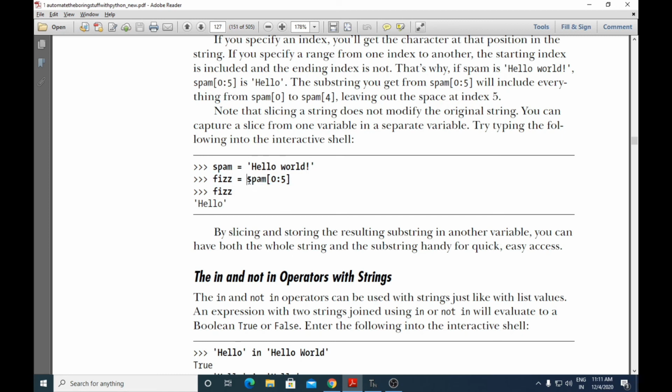Spam[0:5] gives hello, and this hello is assigned to the variable fizz. So when you print fizz, it will print the value stored within it, which is the string hello. Part of that string has been given to another variable, fizz. You are not modifying the original string, you are just accessing part of that string.